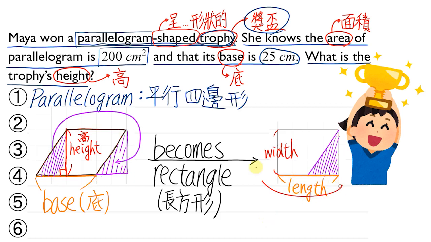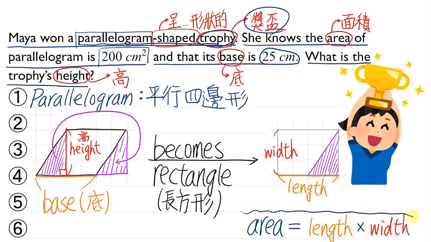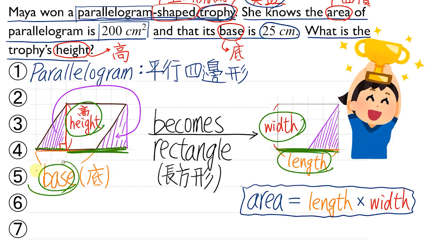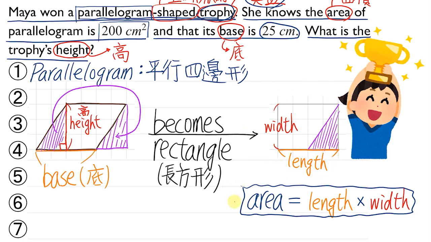And we all know how to find the area of a rectangle. Its area is given by the formula length times its width. But look, this width is the same as the height, and this length is actually the same as this base, because this part of the triangle, this length, comes here. So in fact, this is the same as the length, which is the same as this base. So with the help of this rectangle, we know the area of a parallelogram is equal to its base. That's this length